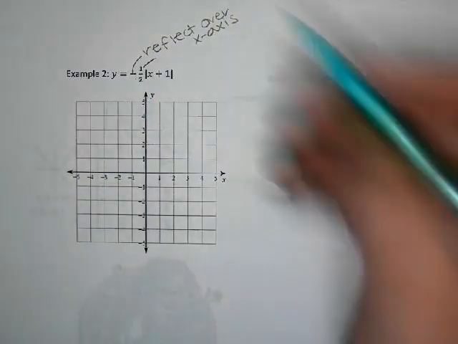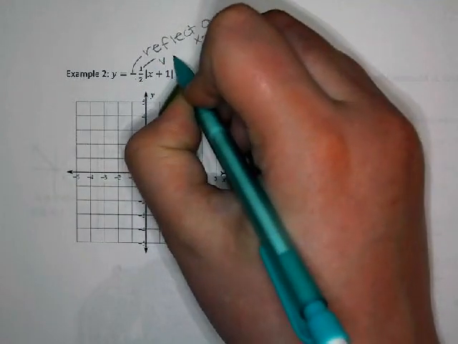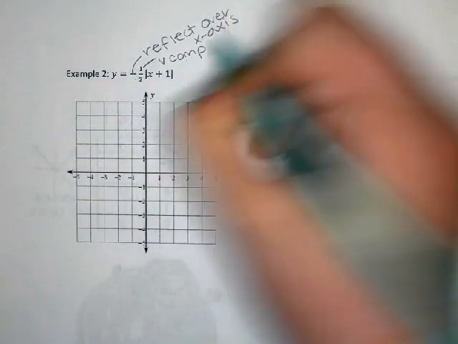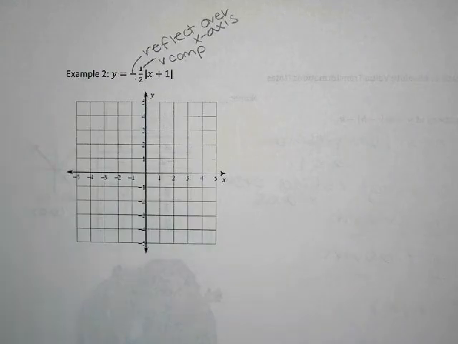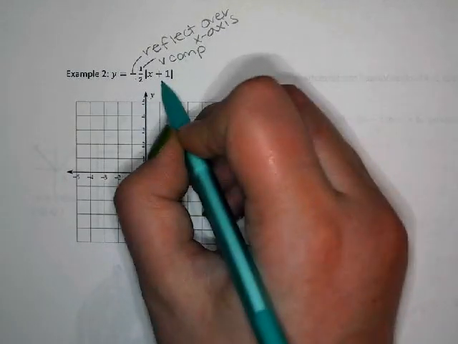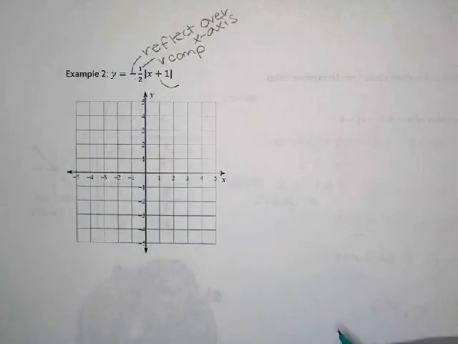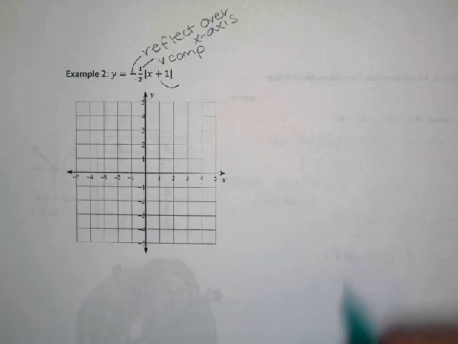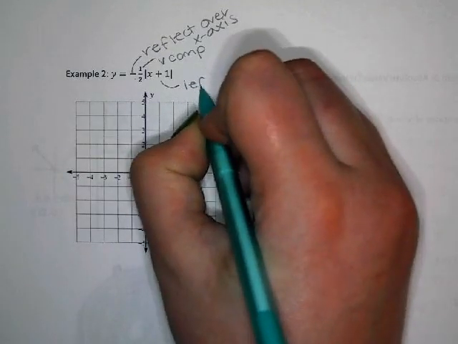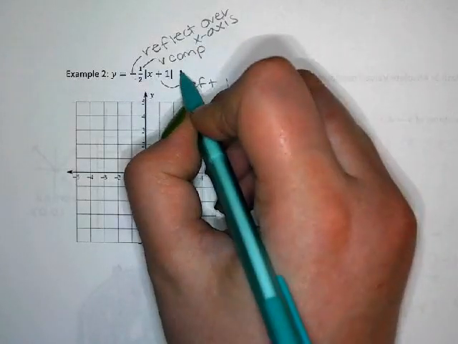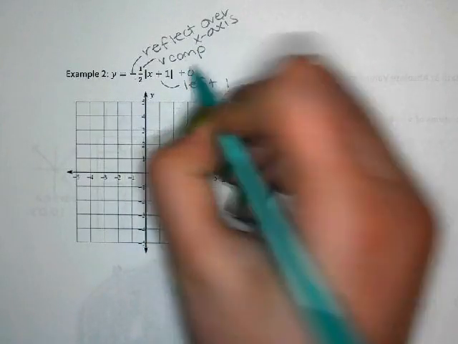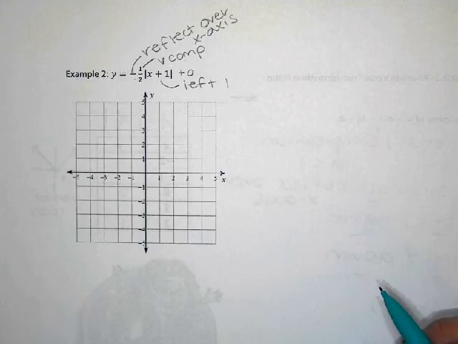Okay? So reflect over the x-axis because of the negative, and then the size of the 1/2 is less than 1. That's a compression. We have a +1 inside. What does the +1 inside mean? Left. Left 1. Okay? And there is no number on the end. I'm going to go ahead and put a +0 because that's going to help me figure out what my vertex is. Okay. So for my vertex,